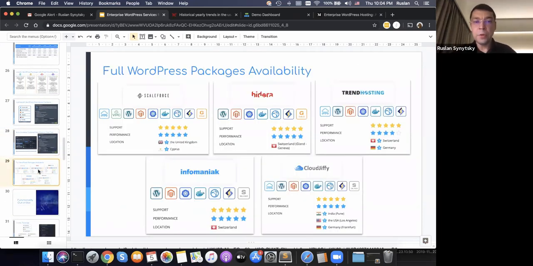So at the moment, this solution, specifically with all commercial add-ons like CDN and Lightspeed, is available on the following service providers, our partners around the world. You may install the same solution on other partners as well. However, not everyone is offering Lightspeed or CDN yet. And I believe the number of service providers that are offering the full package will increase soon because it's quite a fresh and new solution.